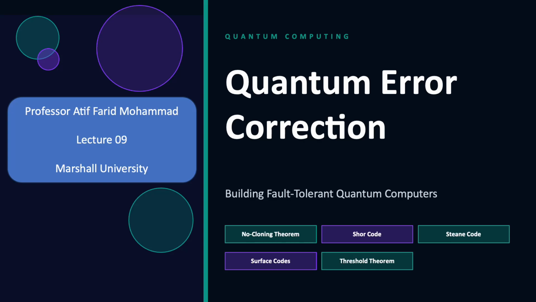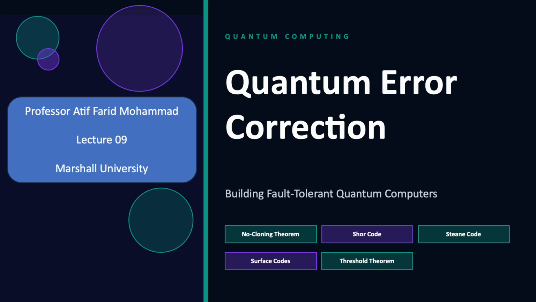Welcome to quantum error correction, one of the most fascinating and important challenges in modern science and engineering. At its heart, this topic is about a fundamental problem. Quantum computers are incredibly powerful in theory, but in practice, they make mistakes constantly, at this very moment. And those mistakes are unlike anything we deal with in classical computing. To unlock the true potential of quantum machines, we need to understand why errors happen and how to fight them.